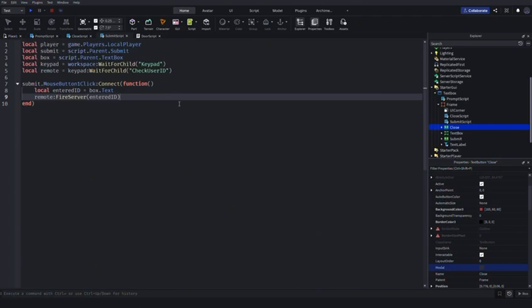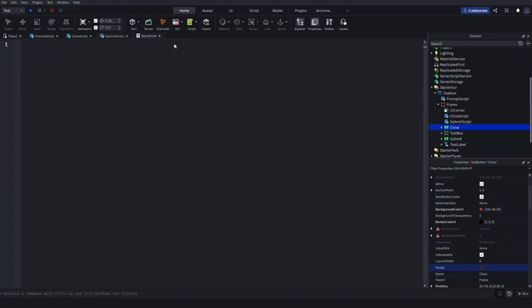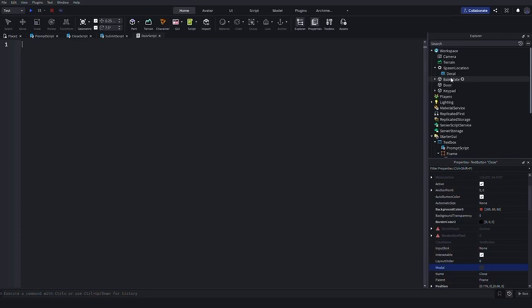Here's the submit script. Make sure to type this into the submit script in the frame. Now finally for the final script, you need to go to server script service and add a script called